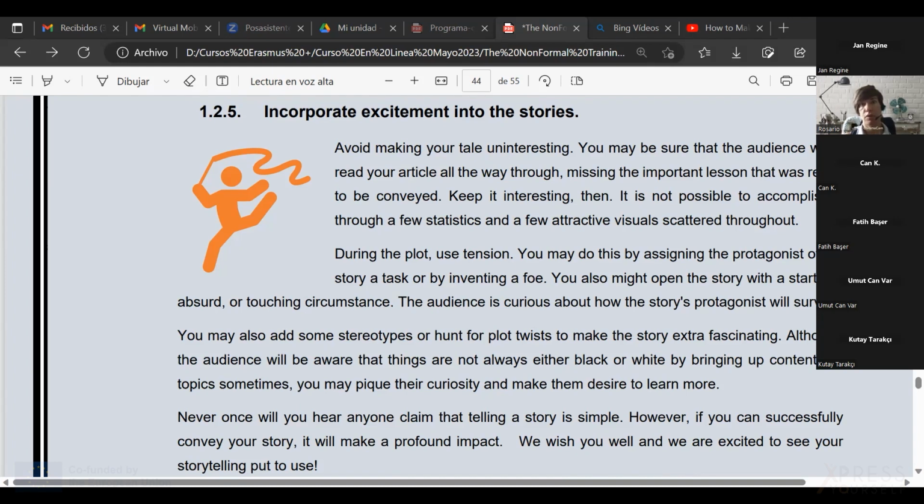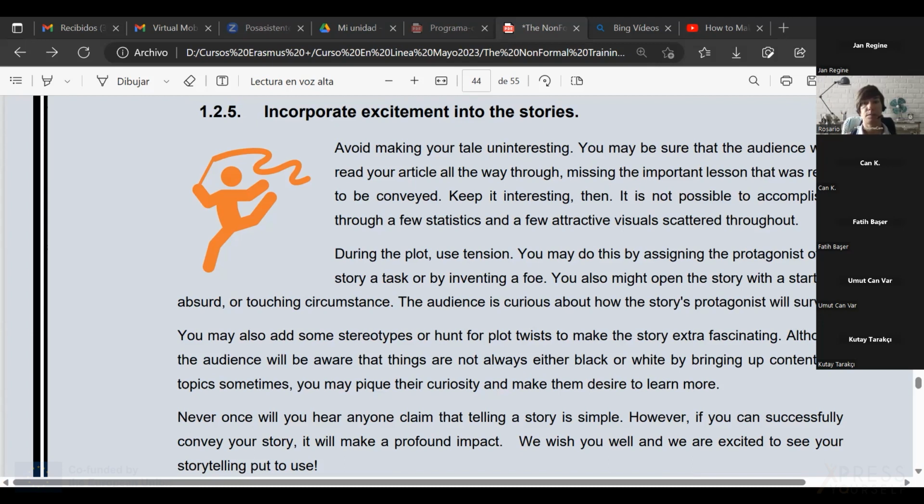The intention was to show you the results of some storytellings. But you have to think of how to incorporate excitement into your stories. I remember a teacher that had good lessons, and he made videos for his students, but he was missing the excitement, and it was just a way of explaining things.